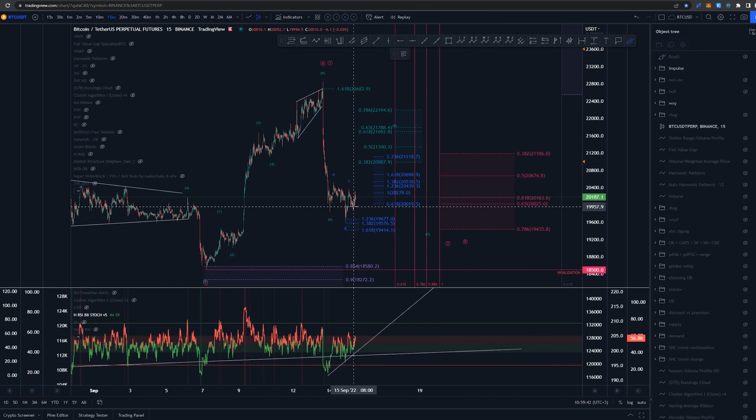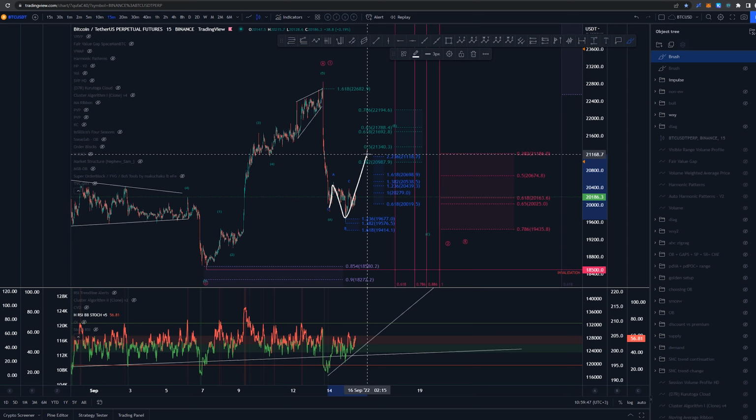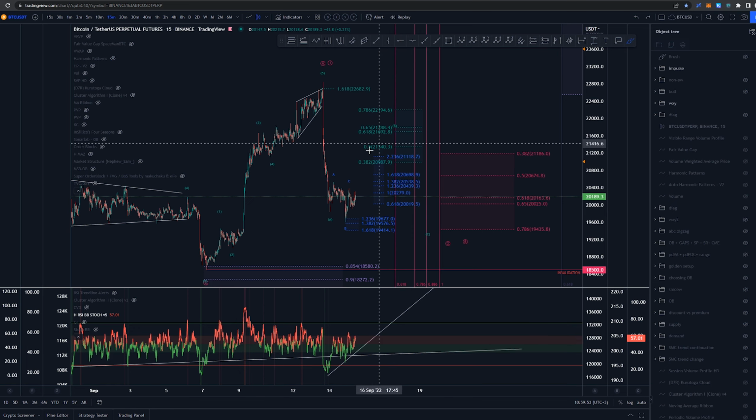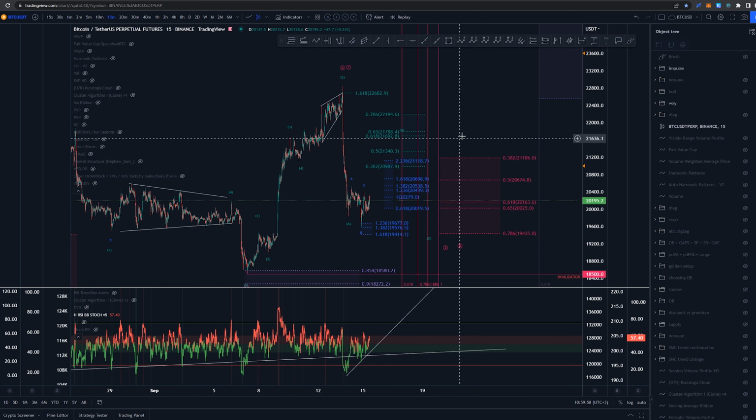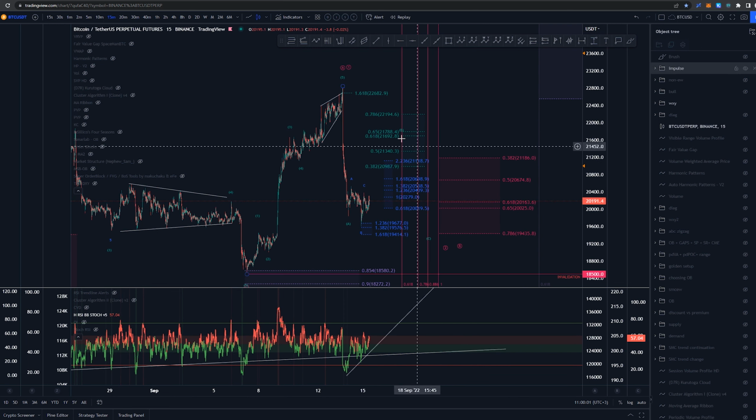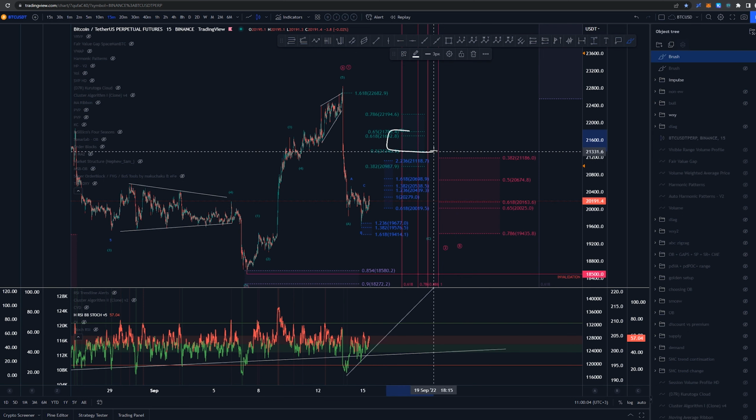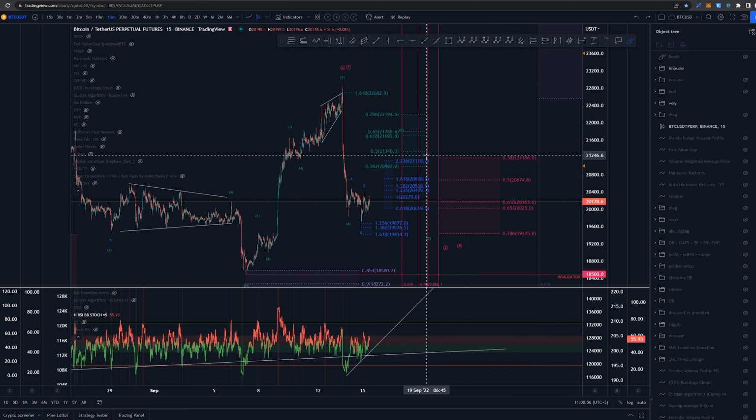But yeah, we don't know if this is just going to be creating 3, 4, 5 like so. And at that point, this whole combination or whole correction could be done, and we could be plummeting down for that C wave. Or of course, it can be turning into that more complex structure over here. But yeah, the next structure that I would be playing would be looking for short setups around the 0.5 and 0.618. If we are not getting into those levels, I don't think I would be looking for short setups, at least on the scale where we would be looking at these AB structures here on that micro degree. Of course, there could be some scalps here